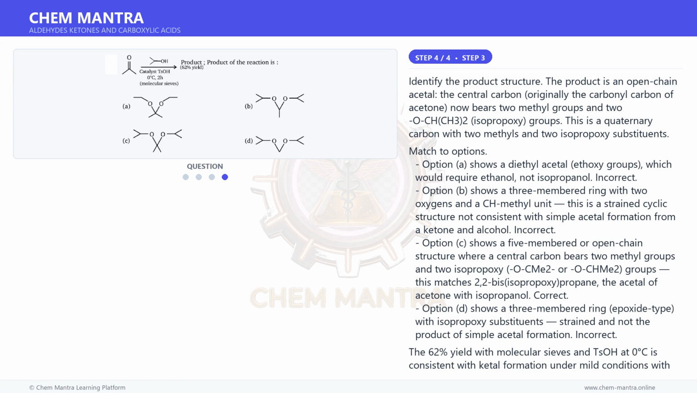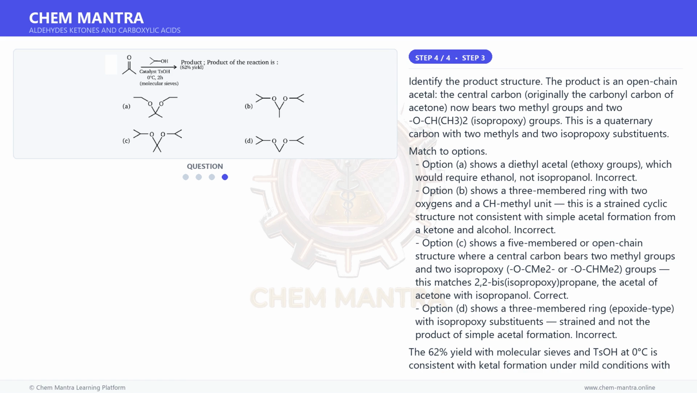Incorrect. Option C shows an open-chain structure where a central carbon bears two methyl groups and two isopropoxy, OCHMe2 groups. This matches 2,2-bis(isopropoxy)propane, the acetal of acetone with isopropanol. Correct. Option D shows a three-membered ring, epoxide type, with isopropoxy substituents, strained and not the product of simple acetal